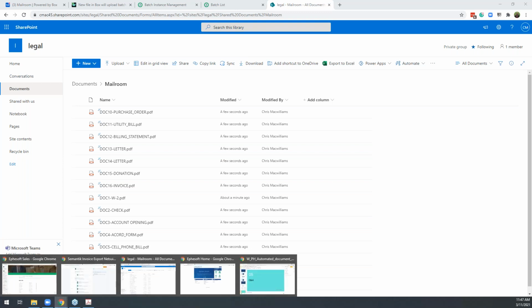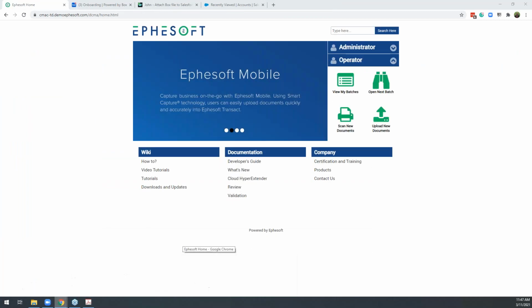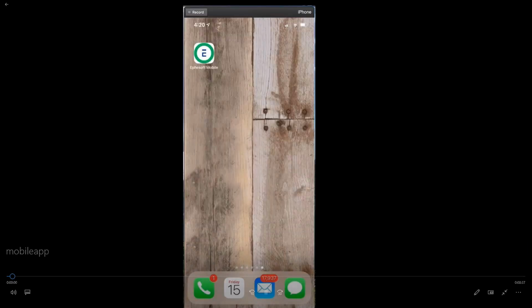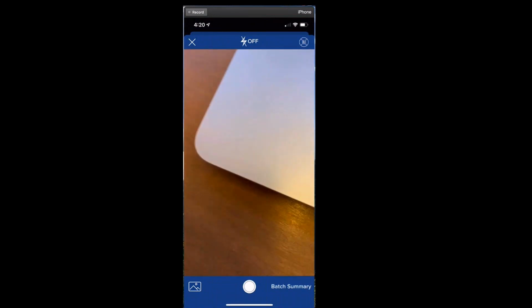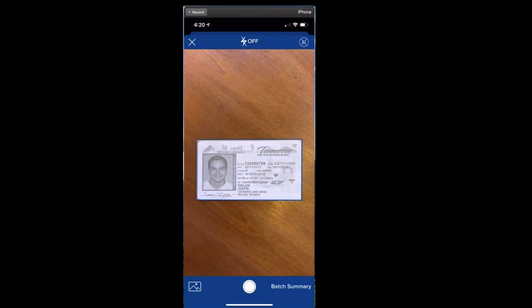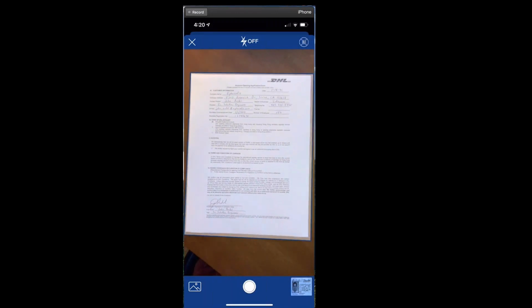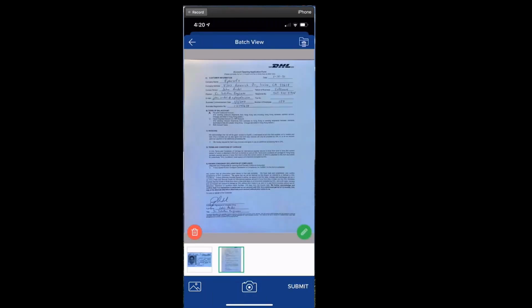So I will just show this one. I'm going to start by showcasing our mobile application. We have a mobile application that allows you to take a picture of documents that I'm going to use to onboard. So this is a driver's license, and I'm going to select a driver's license and an account opening form.